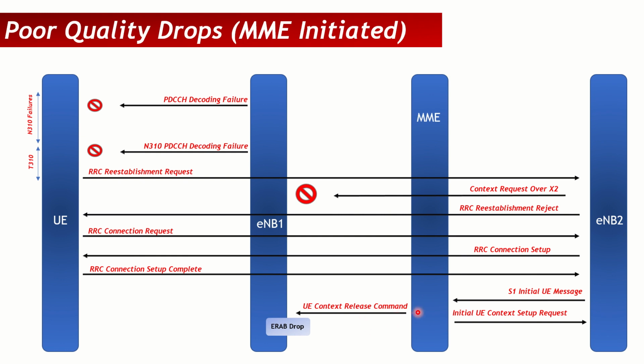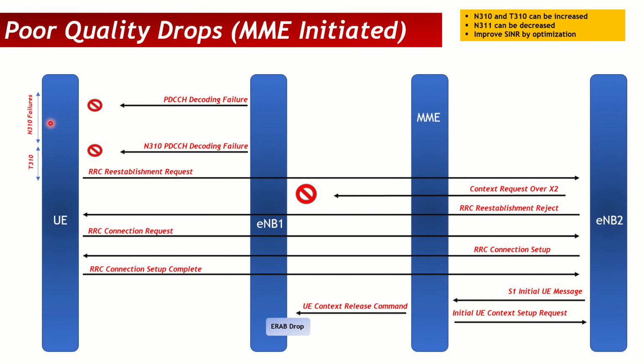So when the MME releases that, the eNode B1 will peg a drop which will be an MME initiated drop from the eNode B side, but in actual practice the UE failed over the radio link, and so the drop was more of a radio drop, but the eNode B is just not aware of it. So in these scenarios, what we can do, naturally we can increase N310 or T310, so that will increase the